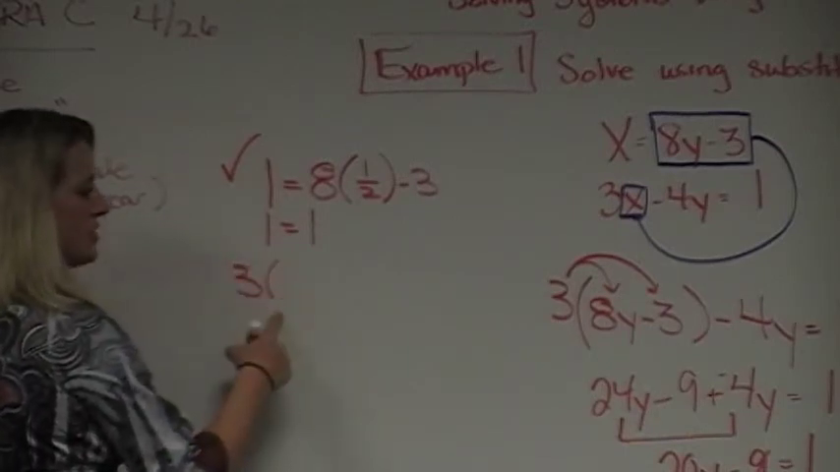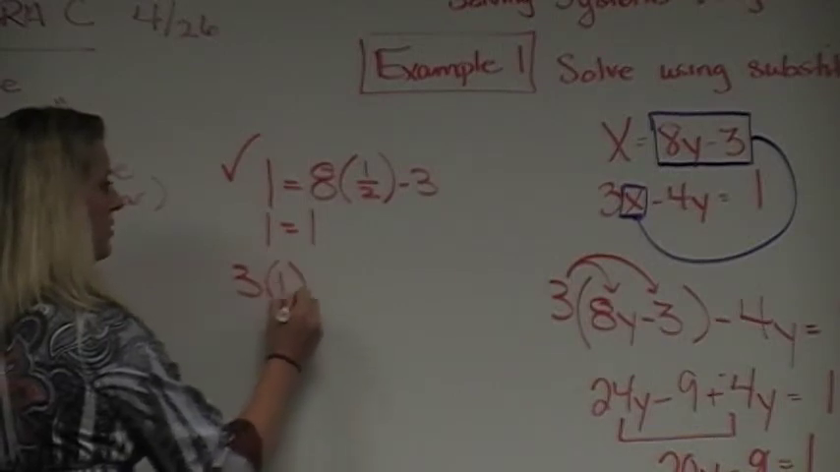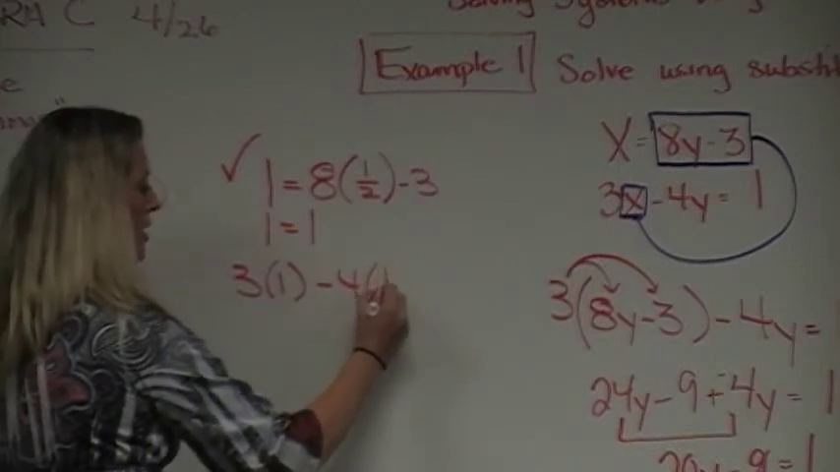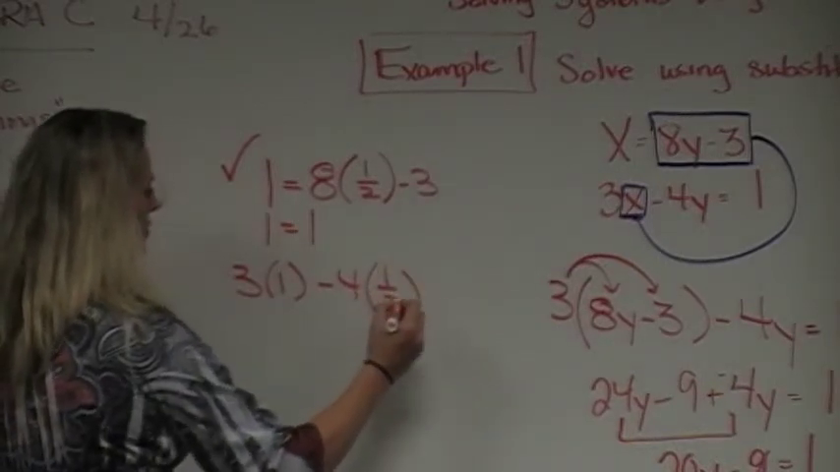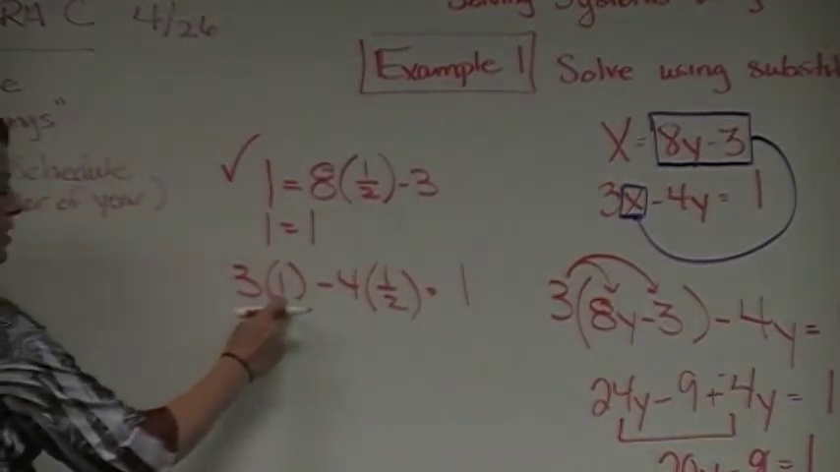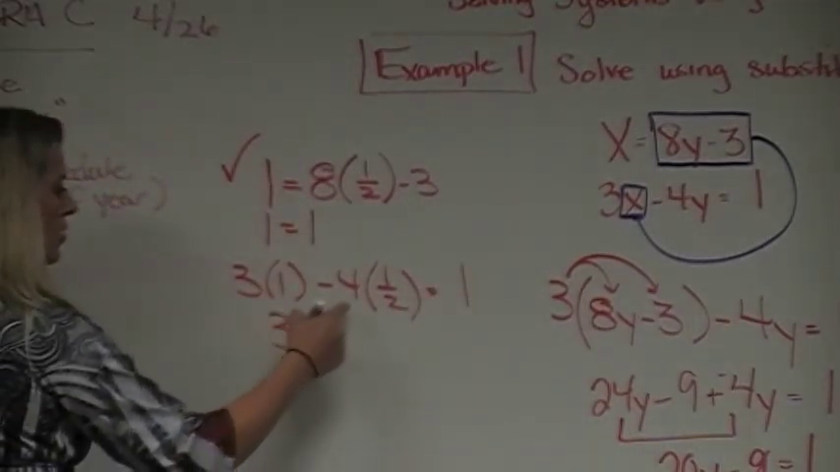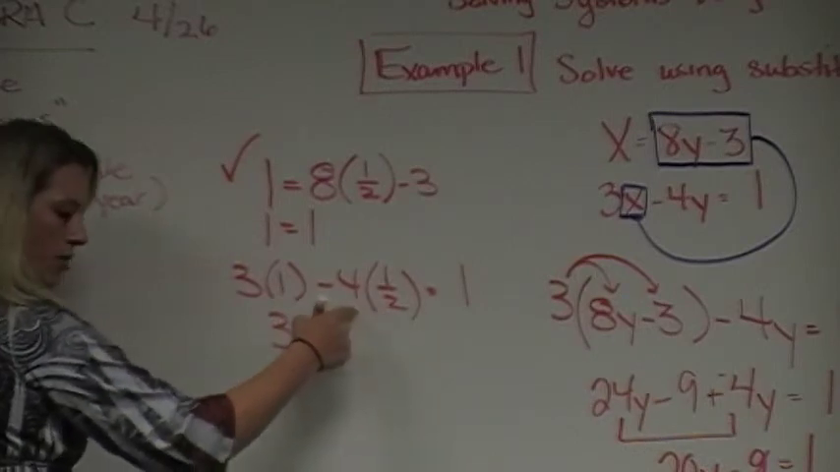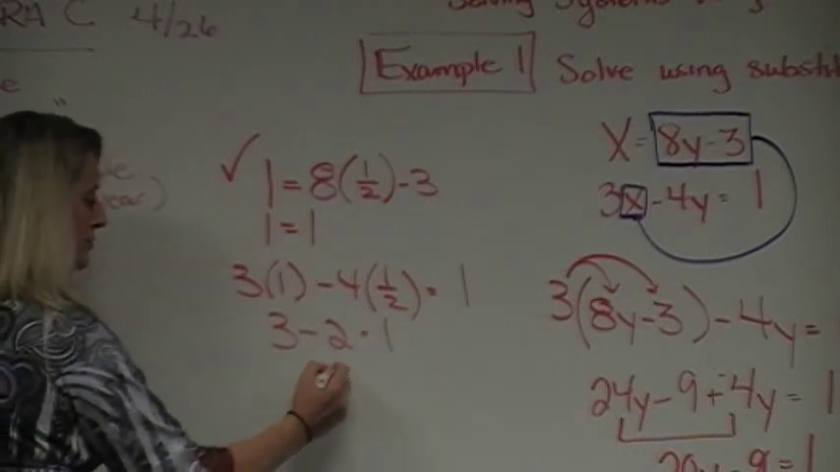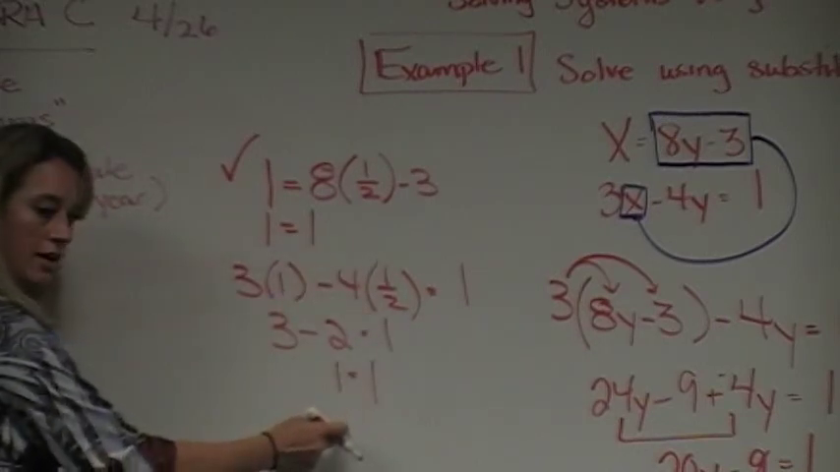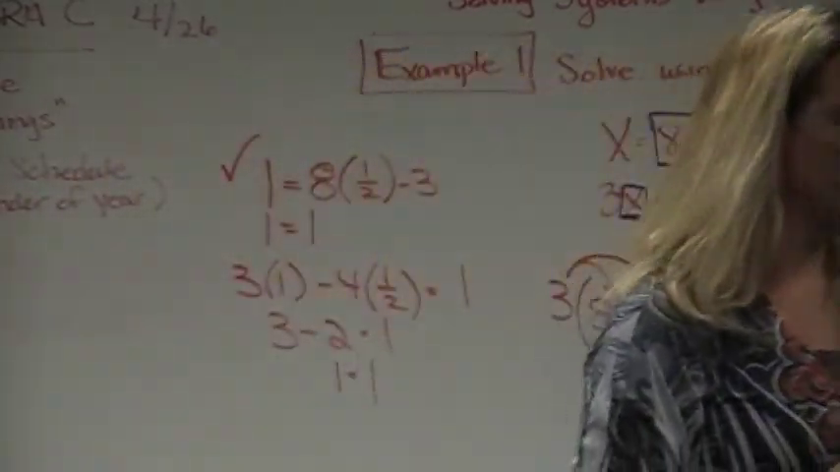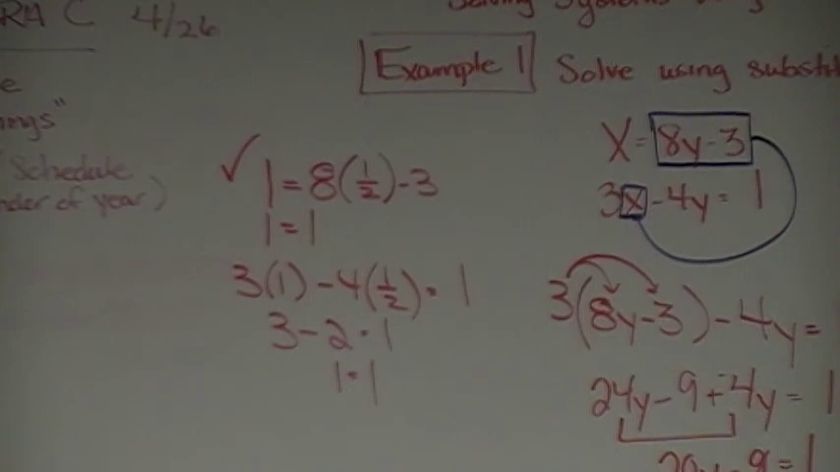3 times x. What's x? 1. Minus 4 times y. What's y? 1/2. It has to equal 1. Okay, what's 3 times 1? 3. What's 1/2 of 4? 2. Is 3 minus 2 1? So therefore, do they both check? So therefore, do we have a solution to this system of equations? Yes. All right. Okay, let's do